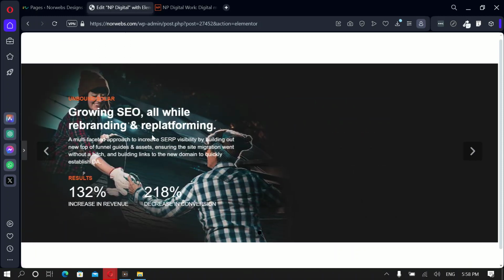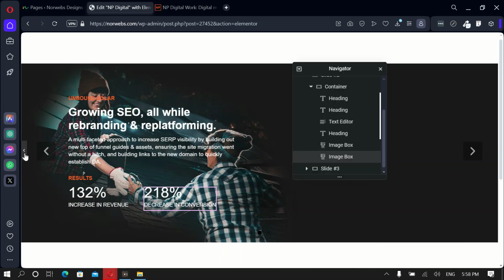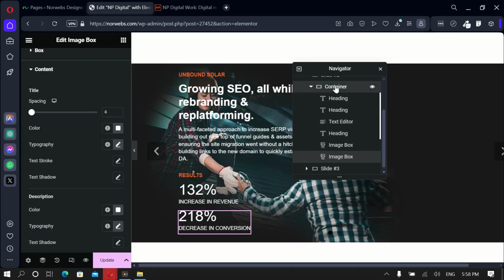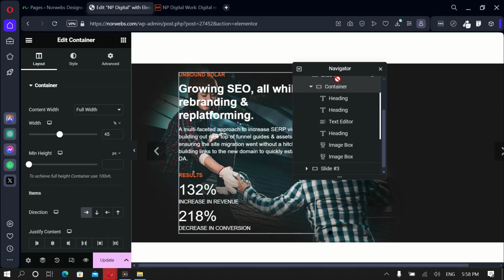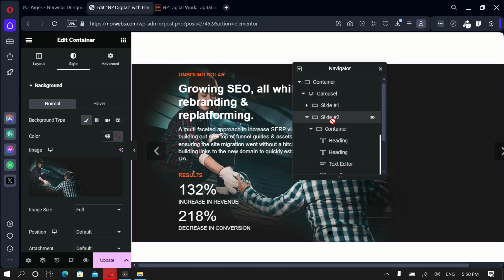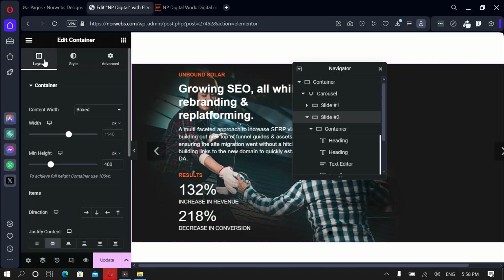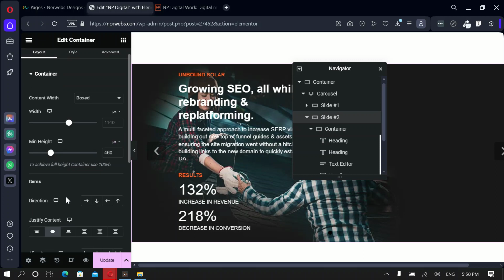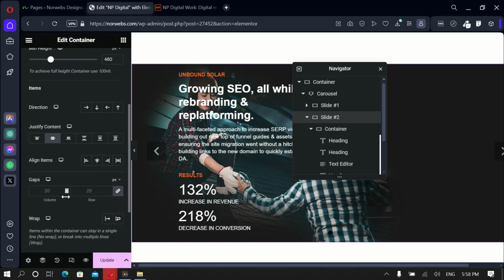Okay, so now we need to switch it. Let it be on the other side instead of this. How do we do that? Let's go to slide 1. So, no, slide 2, because we are currently on slide 2. On slide 2, we go to layout, then scroll down, down, down, down. So here,